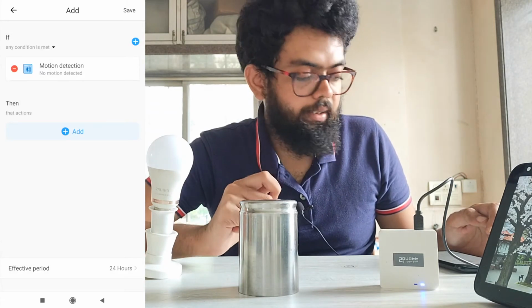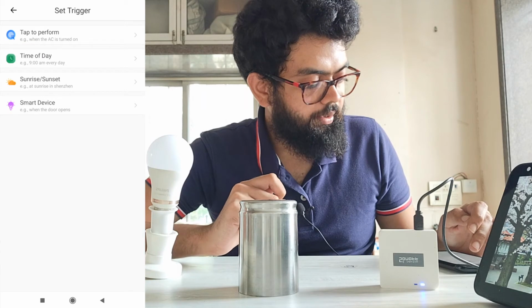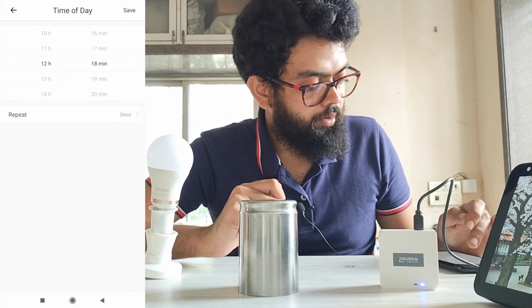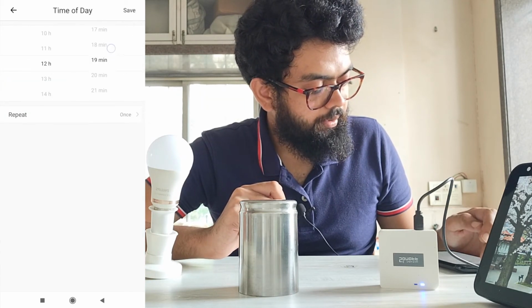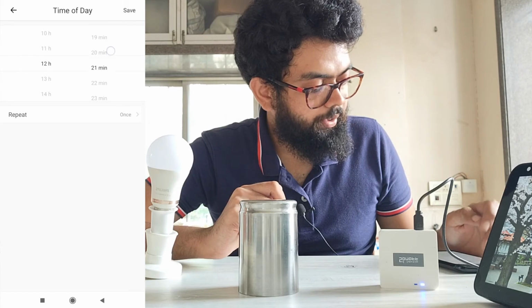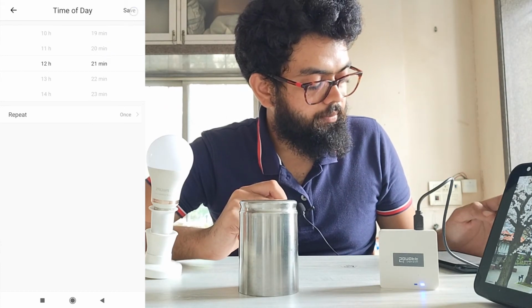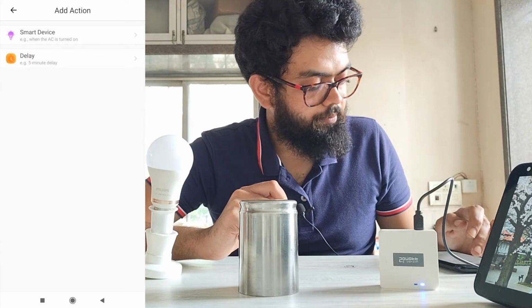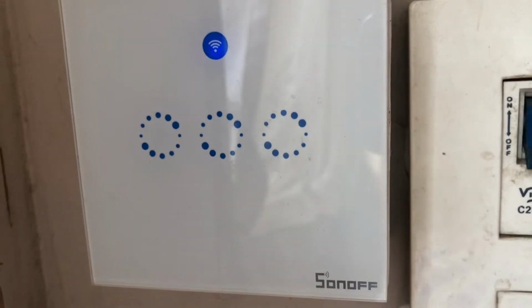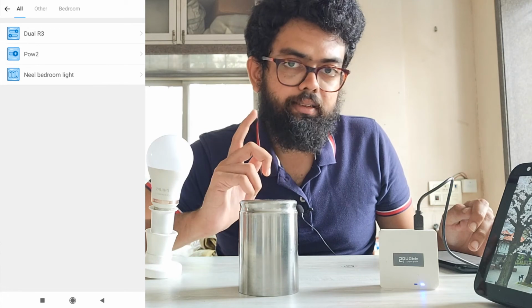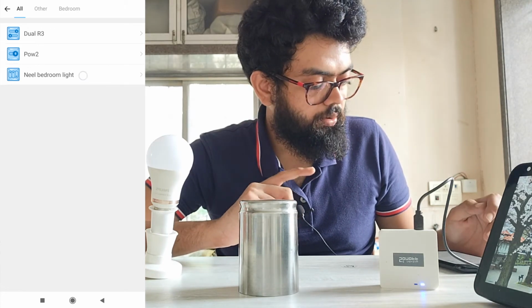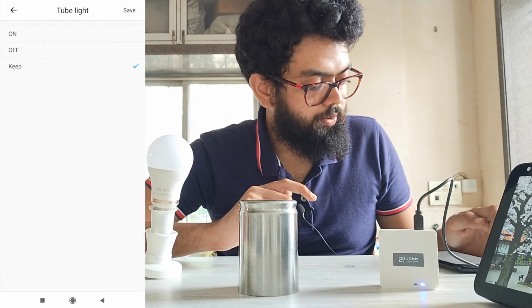Now I'll add a time. Click on the plus icon again, time of the day. I'll select 12:21, it's 12:18 right now. Save. Add smart devices. I have a Sonoff 3-way channel, and my lights are connected to the 3-way channels. I'll switch on all the lights.